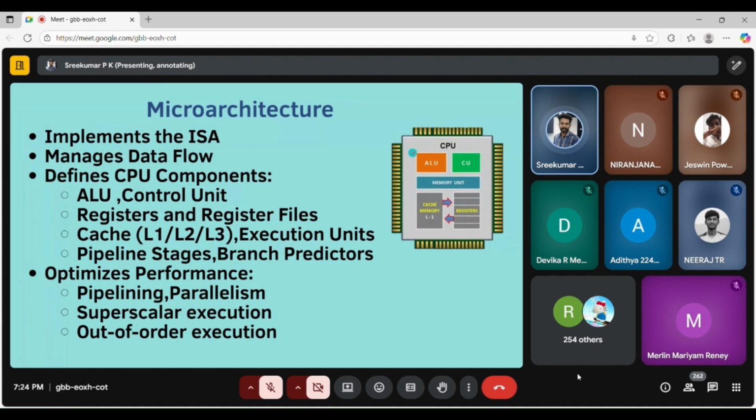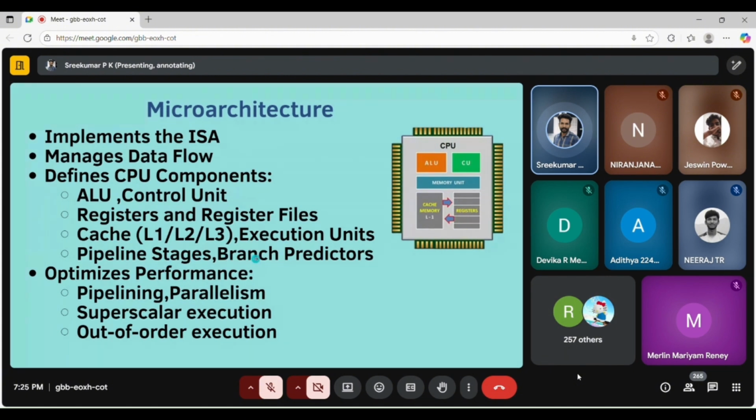Every CPU in the world, if you check inside it, you can see ALU, memory unit, registers, and cache memory. It manages the data flow and defines the CPU components like ALU, control unit, registers and register file. Cache is a memory inside the CPU that is faster to access.